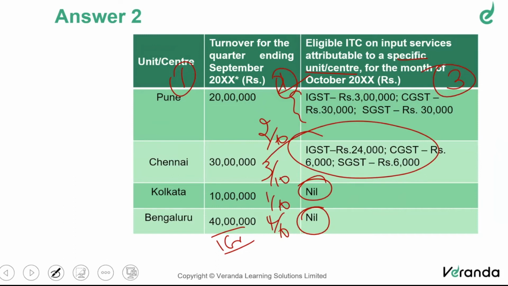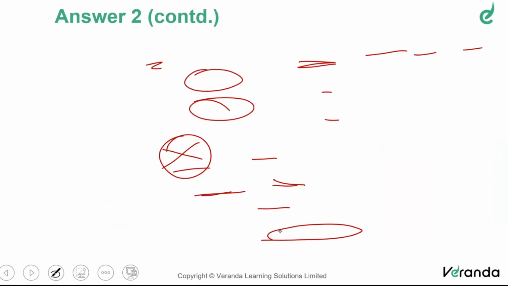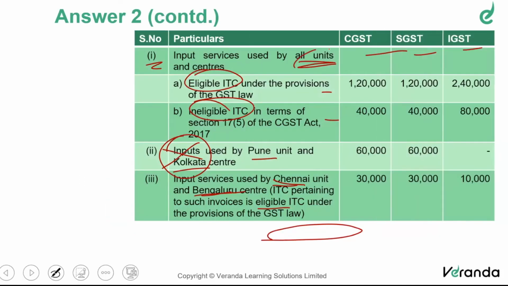So it depends on whether it is distributed to all the units or just 2 units or 1 unit. If you see here for point number 1, it is distributed to all the units, correct? Whereas the last one is only Chennai and Bengaluru. So anyway, I'm just asking for the overall ratio. Now having seen that, the ratio is generally 2:3:2 or whatever. In that particular order we'll have to take the ratio.